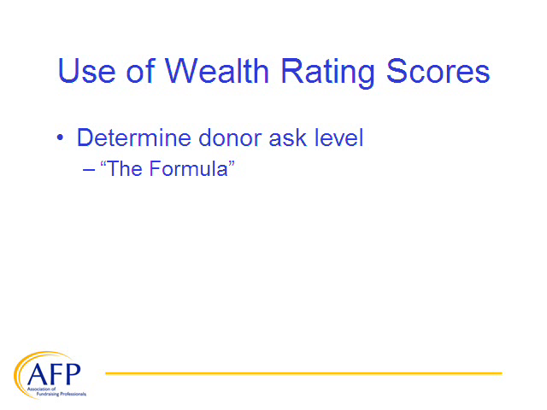So whatever formula you use, I encourage you not to take wealth rating scores at face value, but to understand that when it comes back that Joe Smith or Mrs. Smith is able to give $1 million, that's for total charitable giving, and that's why we spent time talking about affinity. How much does Mrs. Smith love you, and how much of that $1 million is going to come your way? So remember, don't take them at face value. Make sure that you use some type of formula.